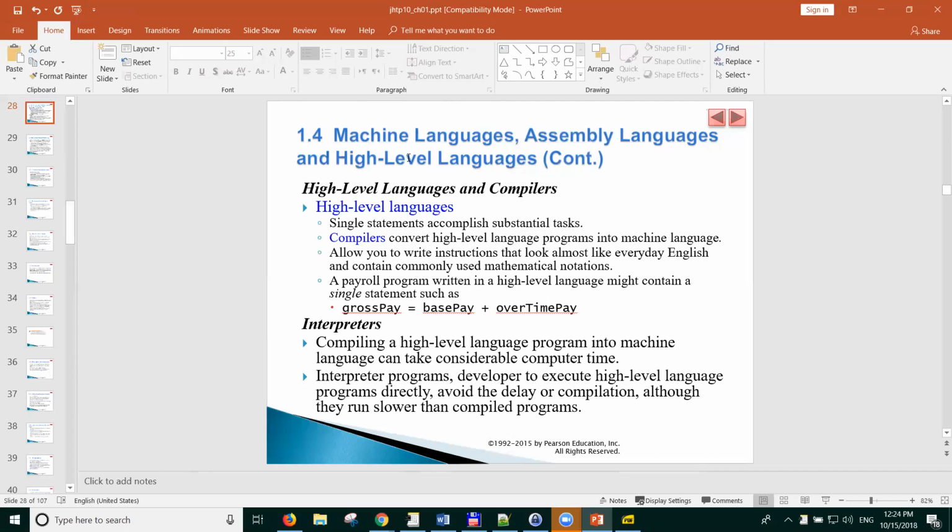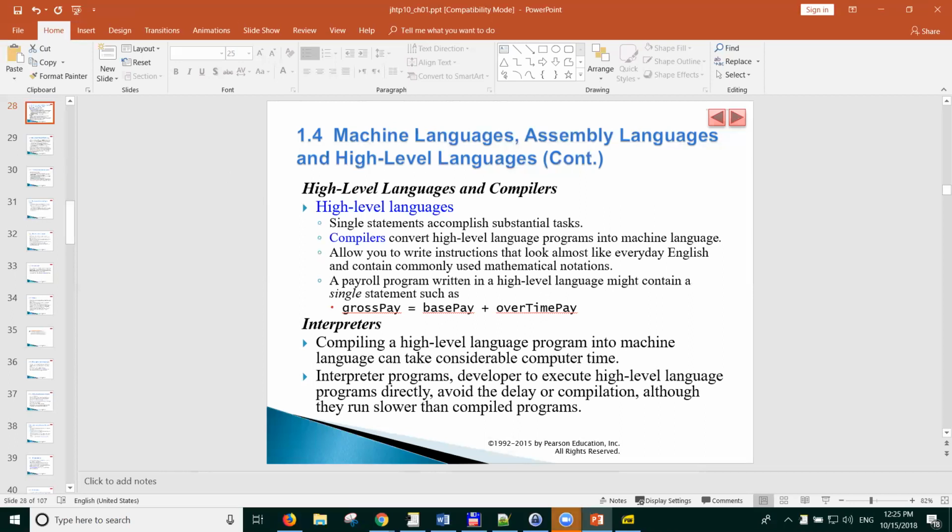If you take a look at your Windows or Mac, whatever platform you're on, you could take a look at the extensions of your programs. Anything that ends with an exe is called an executable. That has already been converted into an executable program that the computer could run immediately. It's already been converted into machine language. We're able to run it, as opposed to a program that ends, let's say, in a Java extension,